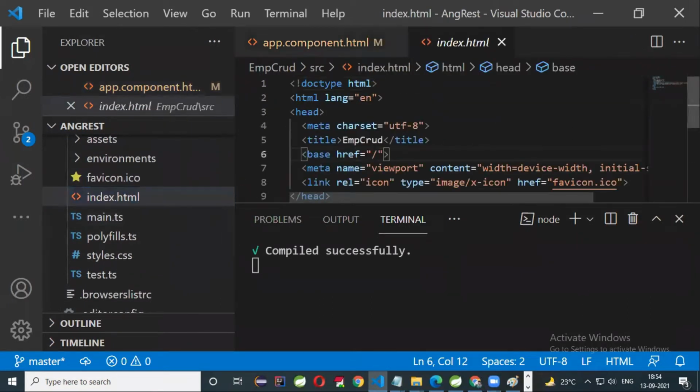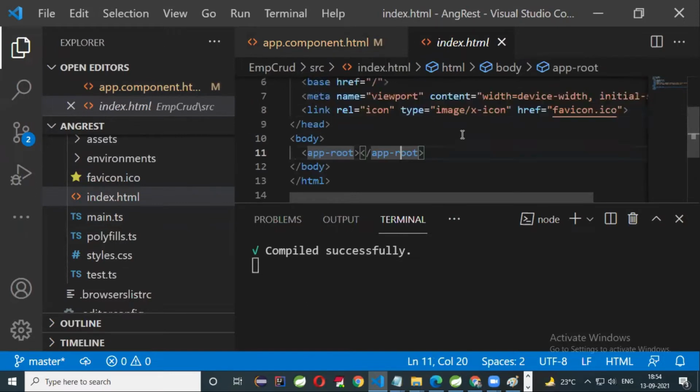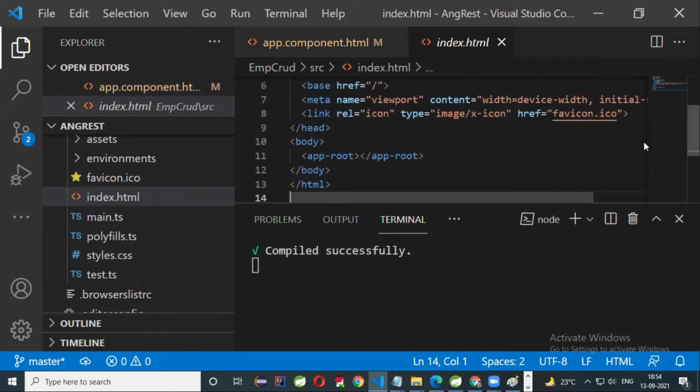It is a single page actually, within the app-root. Single page application means page refreshment will not be there. The total website output will be on a single page. That is why nowadays Facebook, Twitter, and heavy traffic websites are focusing on single page. So the output will be displayed in this app-root. If you want to learn more about single page applications, you can search for single page application by Kannababu on YouTube. You will get that video.